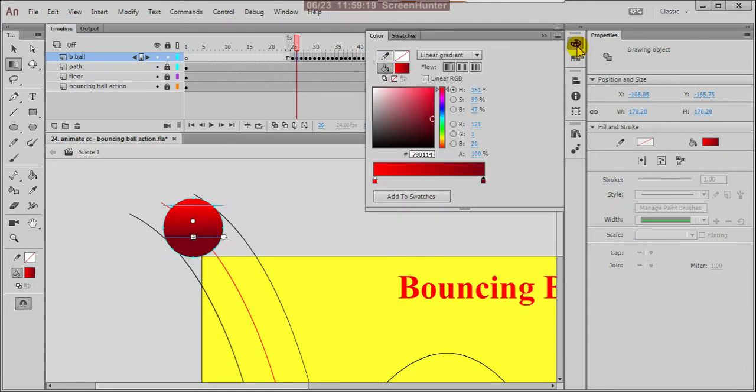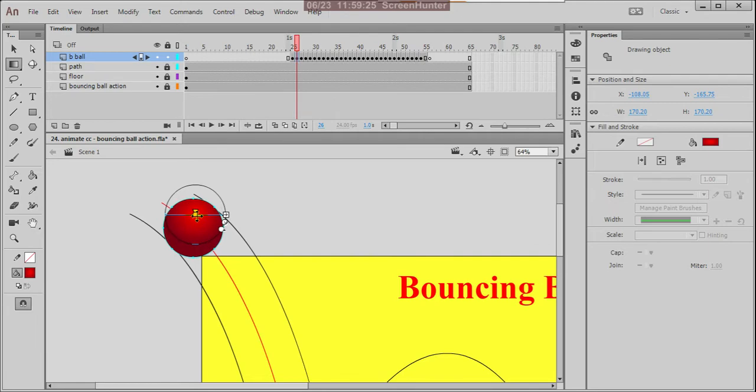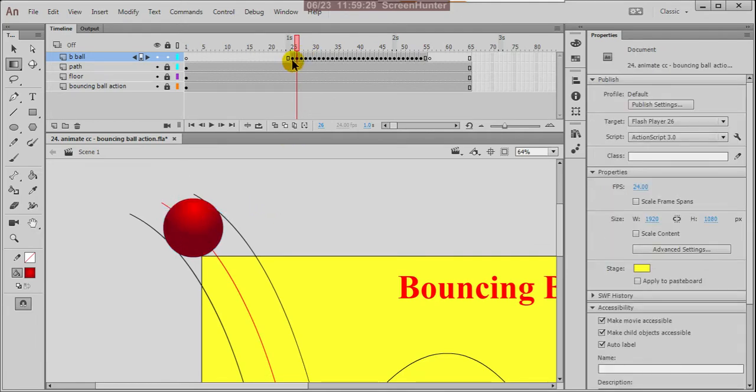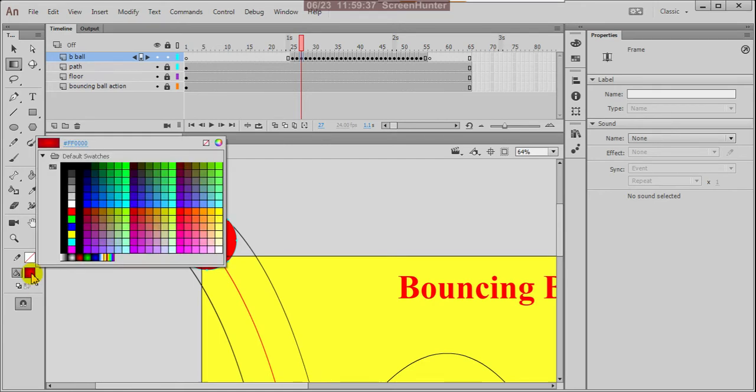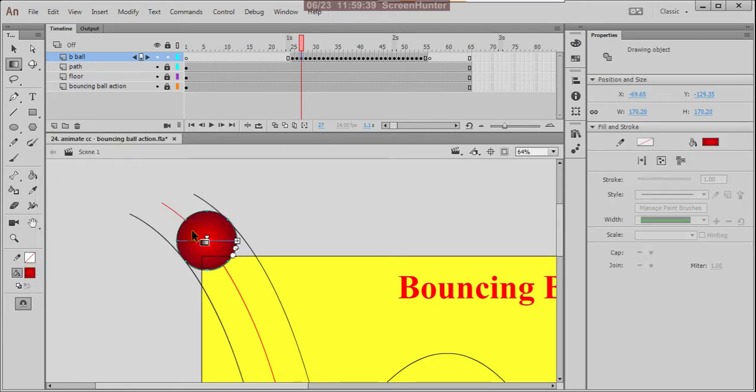Okay, instead of this linear, I'm giving a radial. Yes, yeah, it is there. Yes, okay, so we give the same for entire all balls.